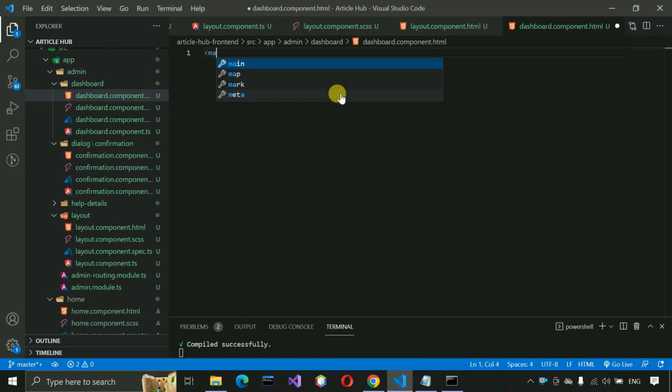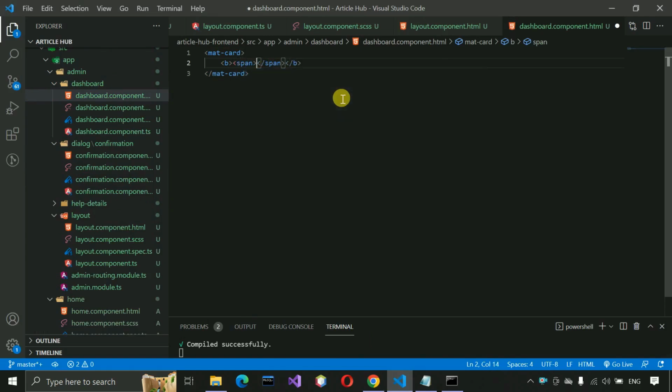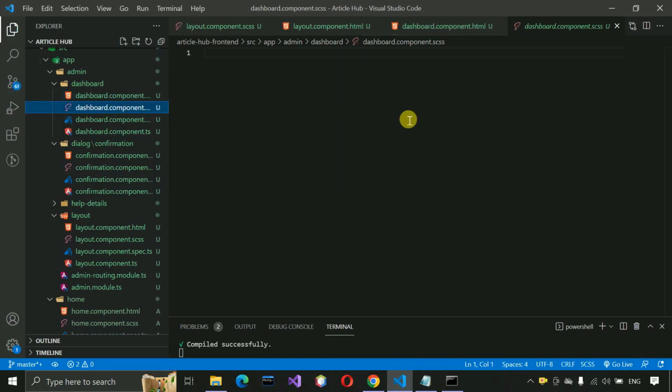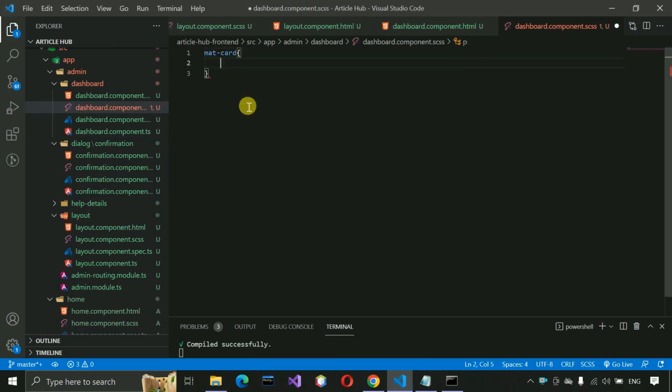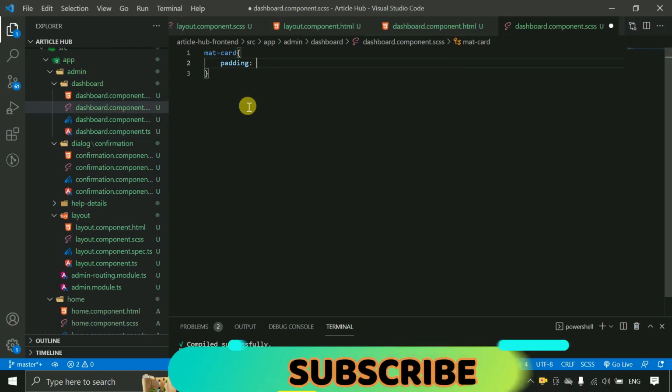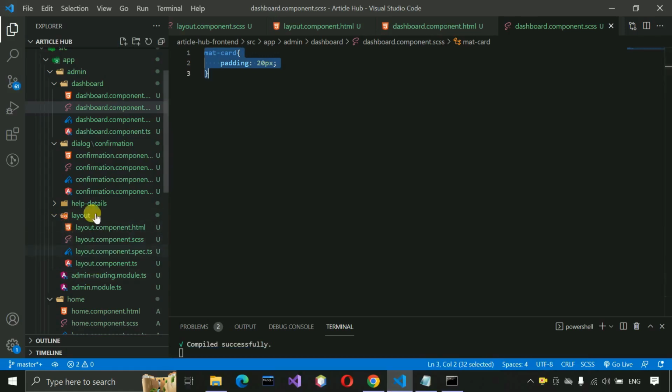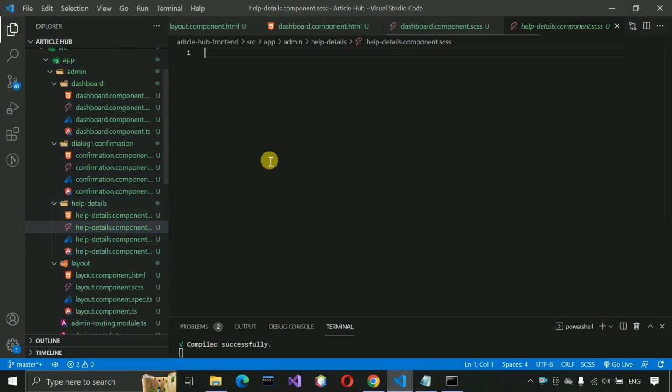Here we just need to write mat-card and b and span. Here, welcome admin, just write a message like this. Save this and just put a little padding for the mat-card. So go to the SCSS file of dashboard, and here we have to write card and put a padding of 20px, put a semicolon. Just copy this one and now move to the help details SCSS file, paste it, and